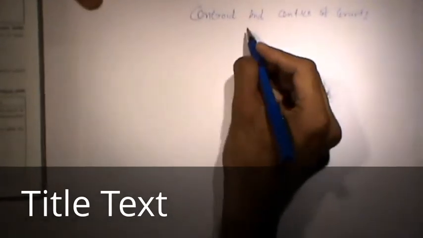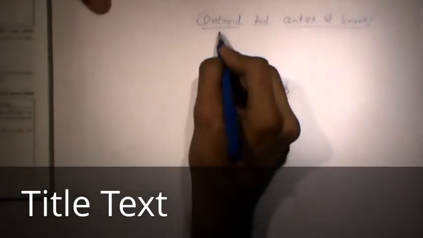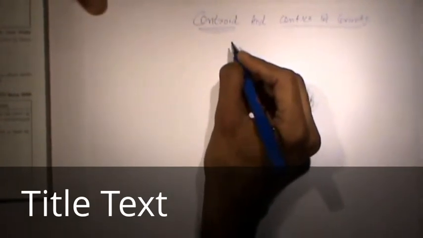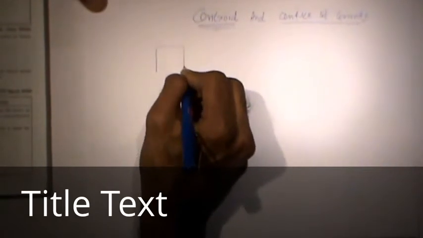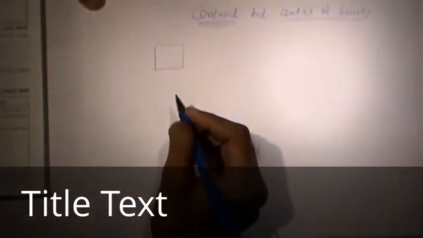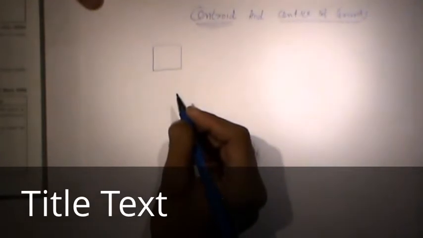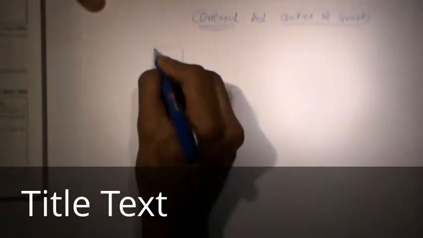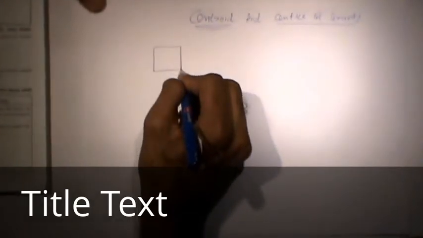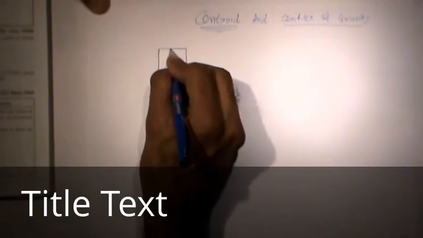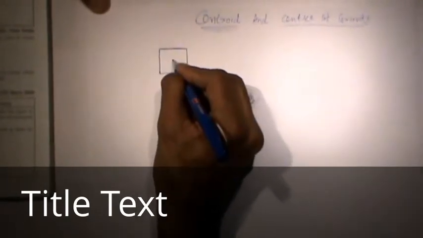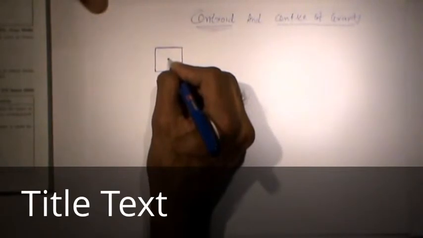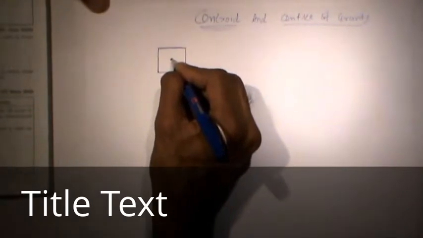So today we will discuss the centroid and the center of gravity. As an engineer, we must know about the centroid. Now suppose we take some plane that is a square, and we want to find the whole mass or the weight of the particular square. So mostly it is located at one point. So this point where the whole area is concentrated is called as